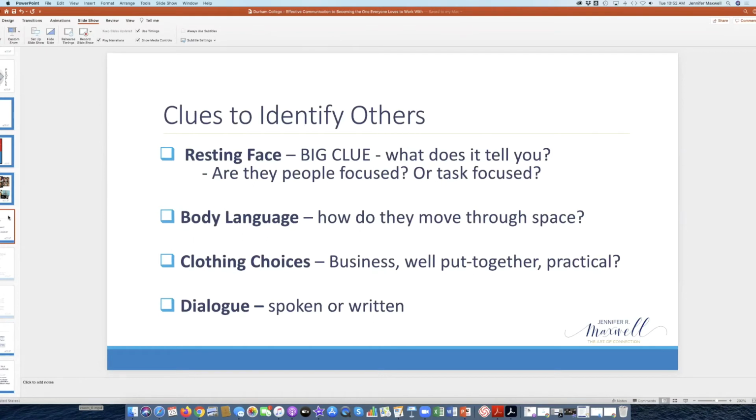D's are very direct, so they're going to be quick. They want bullet points. They want bottom line results. I's have a lot of stories, and it's really fun. And oh my God, this thing happened on the way. And their emails might be really long, or their dialogue is really interesting, and they have lots of stuff to